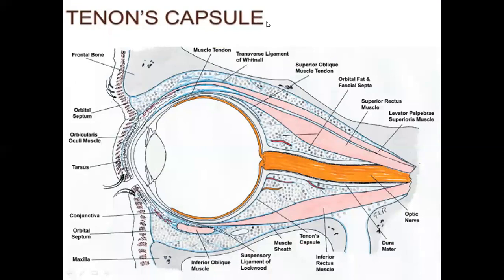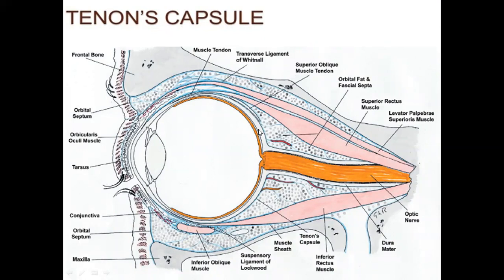This is an important short note. Now, this Tennant's capsule or the bulbar fascia is a thin, loose, membranous sheath that encloses the eyeball, except the cornea region. It extends from the optic nerve up to the sclerocorneal junction. Not only is it enclosing the eyeball, it also extends up to the optic nerve. And this Tennant's capsule gets separated from the sclera, the outer layer of the eyeball,